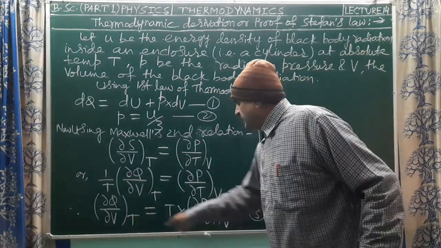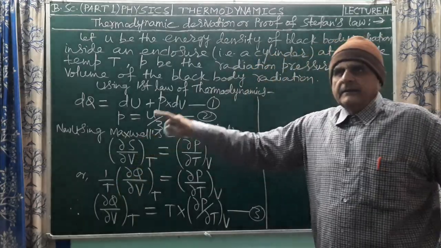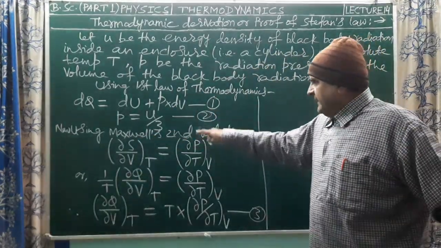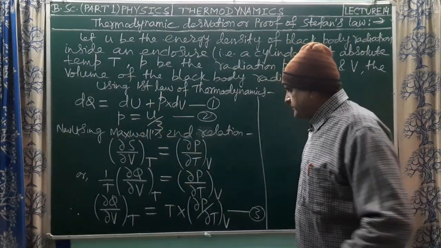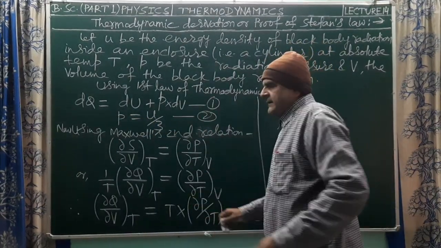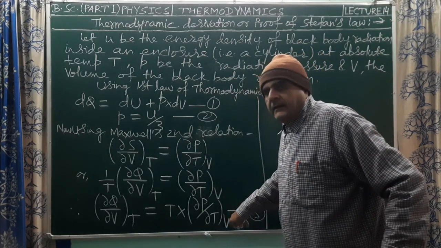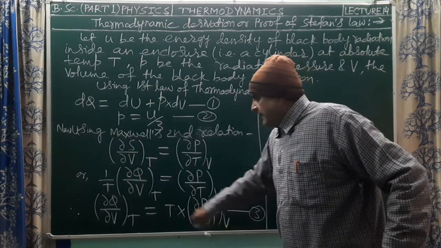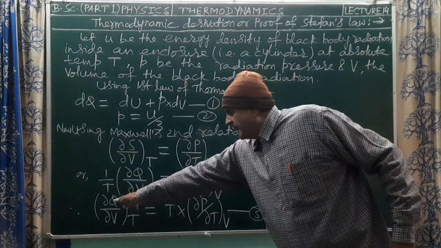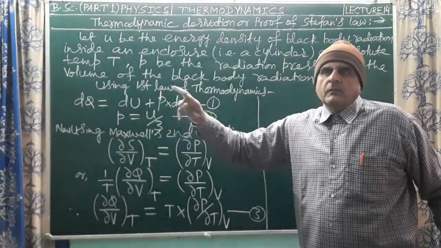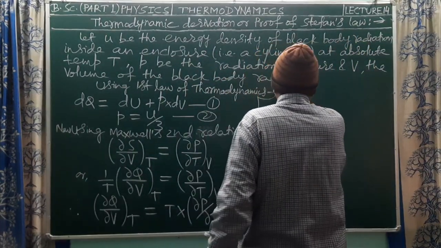So in the LHS of equation 3, in the numerator, in place of del Q we can write del U plus P del V. So using equation 1, that is the first law of thermodynamics, in the LHS of equation number 3, in place of del Q we can write del U plus P del V. So we can write now